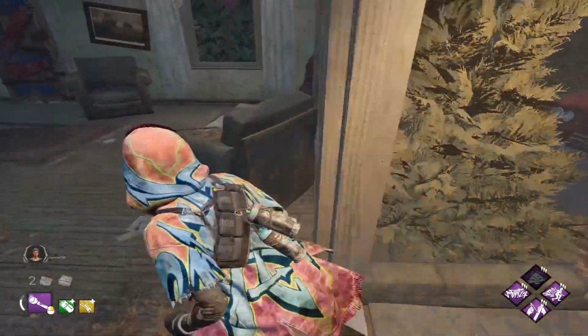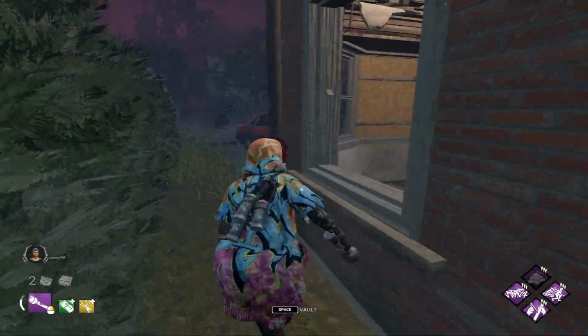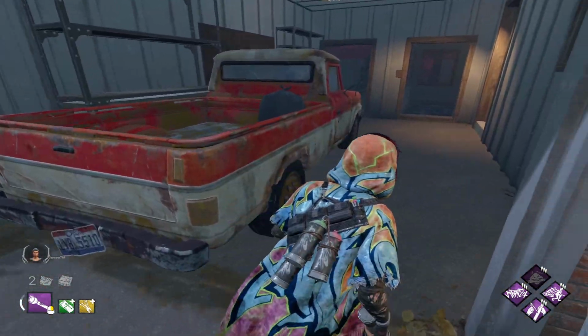You know, if not, then you can also just run it like this. But again, it's not the greatest, because you'll probably just give him a hit. But yeah, that's 2-story. So now on to House of Pain, which you can easily recognize by having a garage